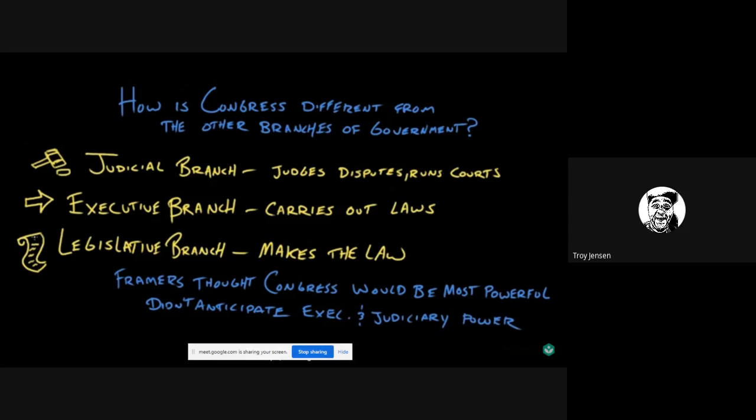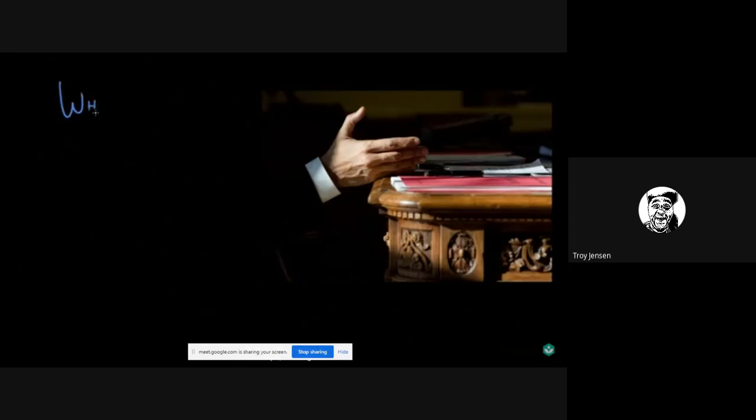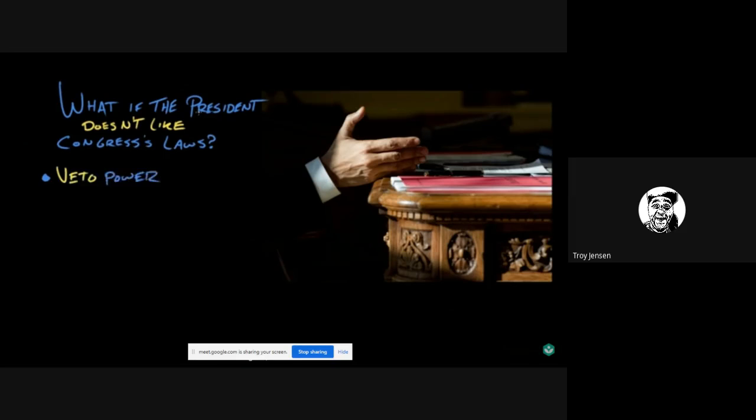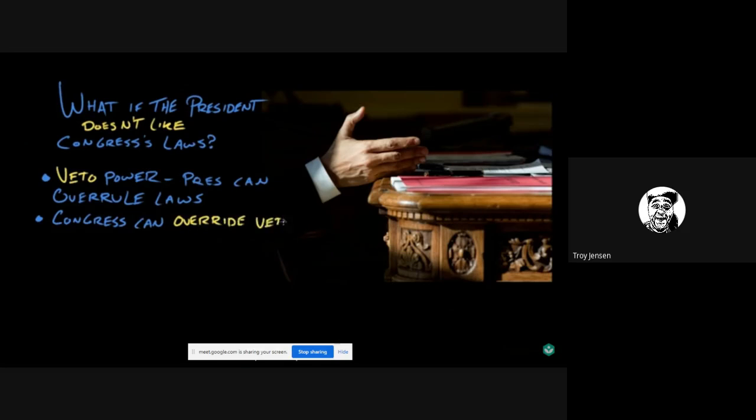So what happens if, for example, the Congress and the president don't get along? Well, it happens quite a lot. The president could refuse to accept laws passed by Congress. He can veto them. In that event, Congress could only override it if two-thirds of both the House and the Senate voted to do so. Congress, on the other hand, can pressure the president in various ways. They can hold hearings